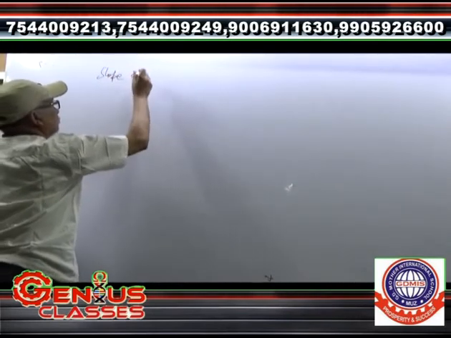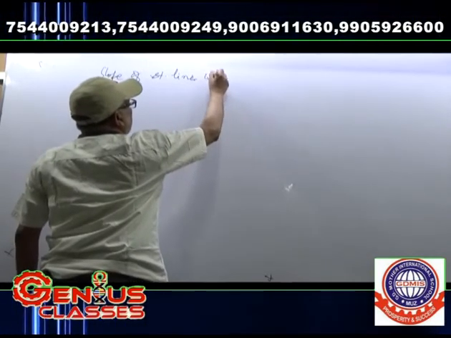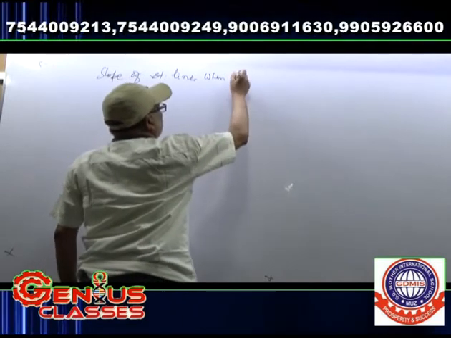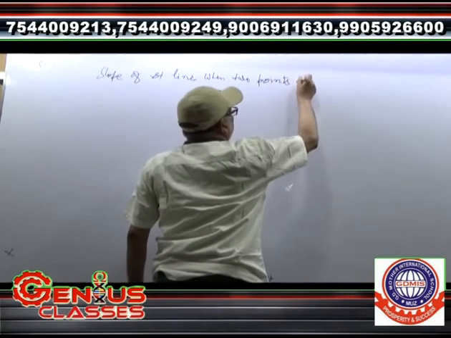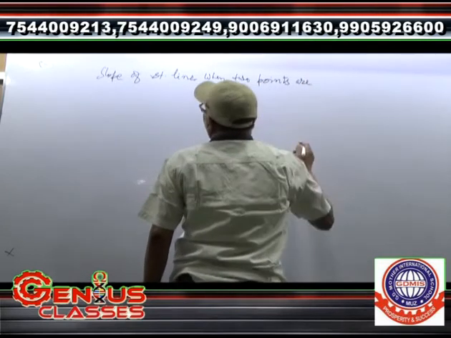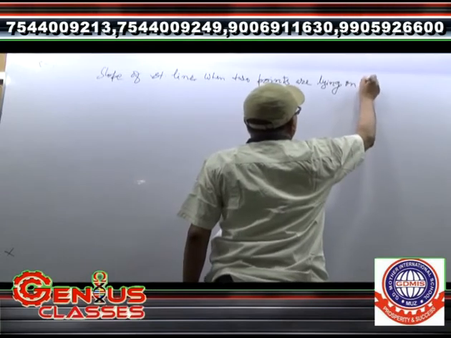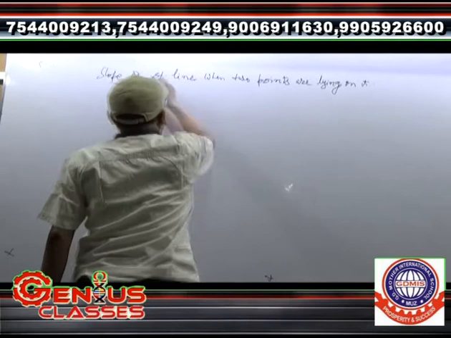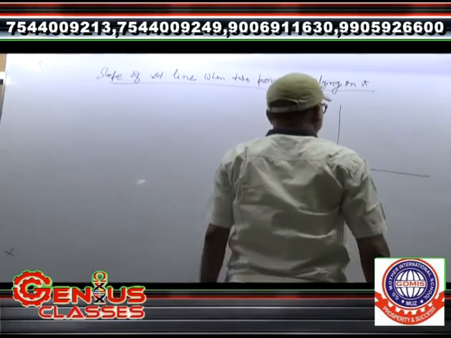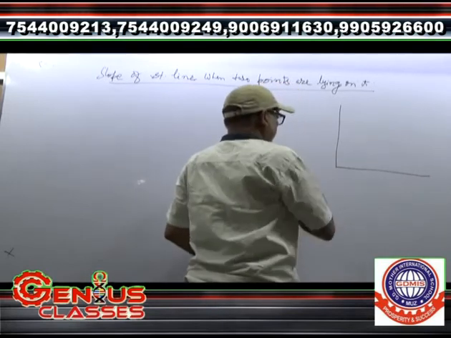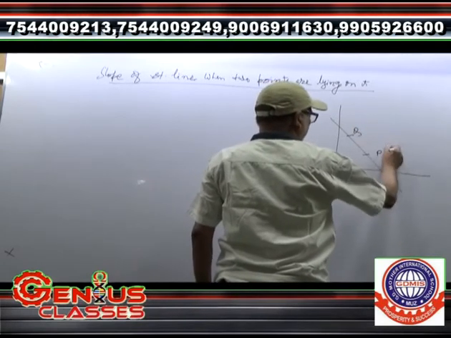Slope of the straight line when 2 points are lying on it. अगर 2 पॉइंट लाई करता है उसका कोऑर्डिनेट मालूम है, फॉर एग्जांपल कोऑर्डिनेट है x1 y1,